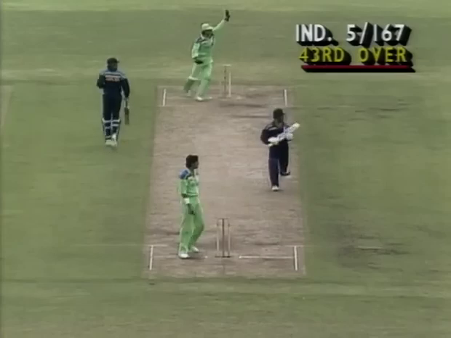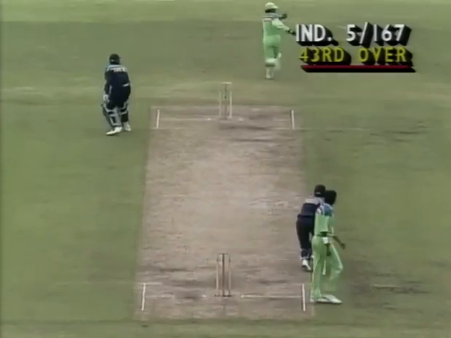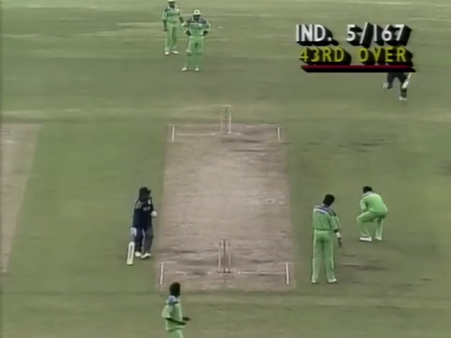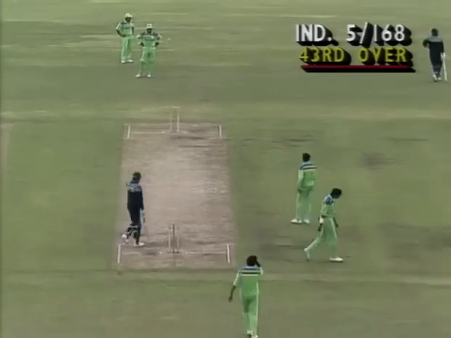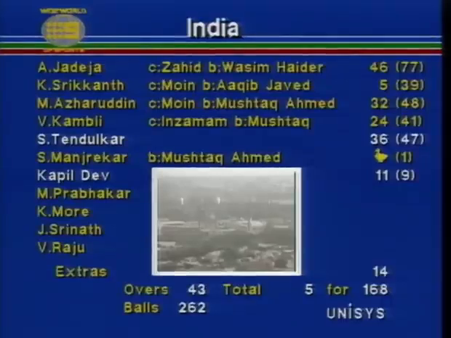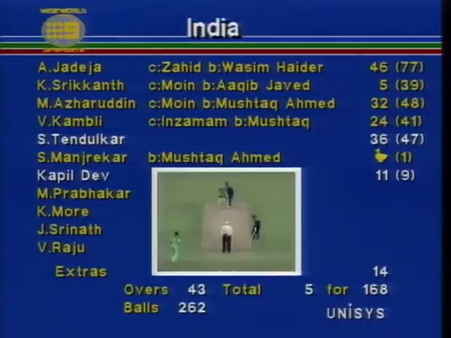It's well struck. In fact, it's well placed too. They pick up 2 through mid-wicket. So Kapil Dev once again scoring a run a ball when it's needed. They should be looking for the extra 1. Here they are. And that's intelligent cricket by Sachin Tendulkar. He's only 18. He saw the wild throw. It was a quick call. So 3 off that final delivery. 5 for 168 as Greg Chappell and Tony Greig take up the commentary.